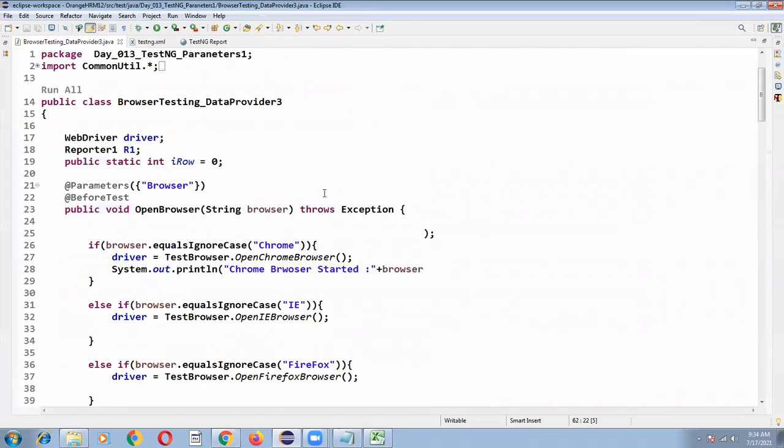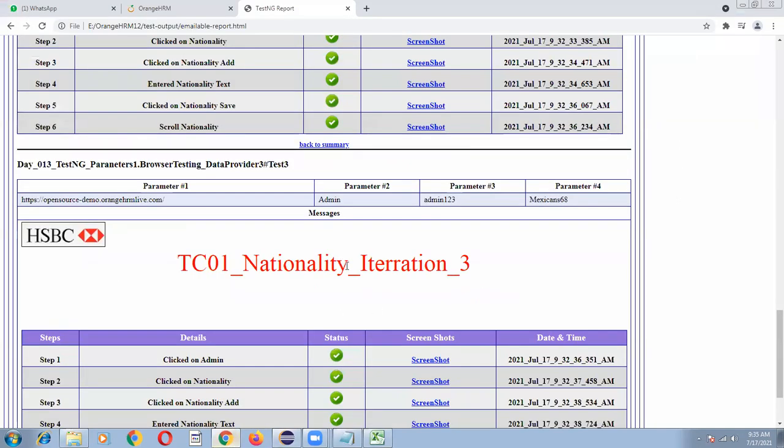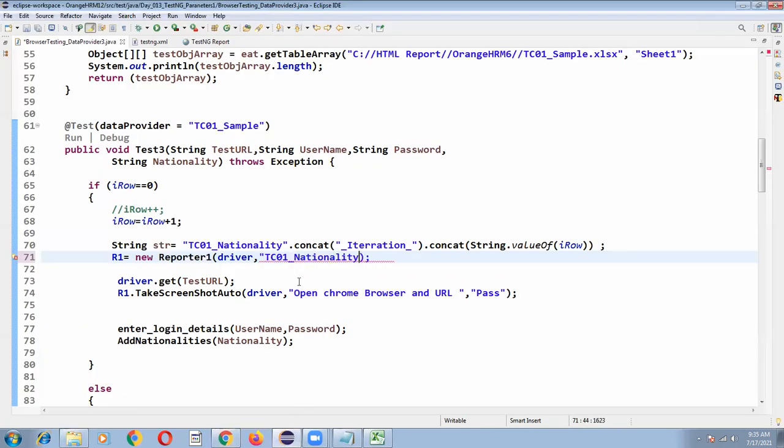So we know the reporting part. Reporter r1 is equal to new Reporter. Generally how we give TC01 underscore, what is the emailable report part we are giving? This part, TC01 nationality. This is what we give so that this heading comes in your emailable report. But because this is my data provider,